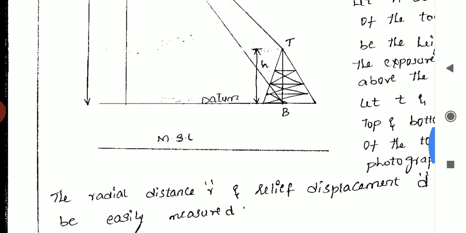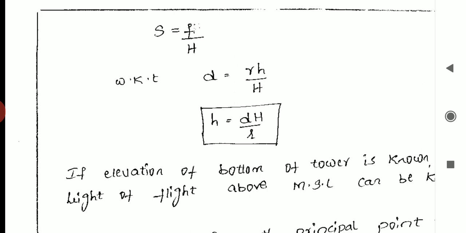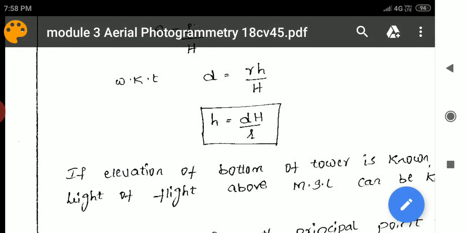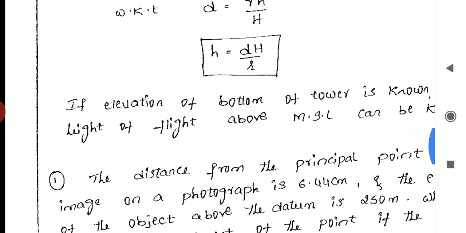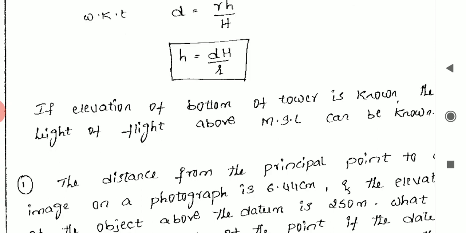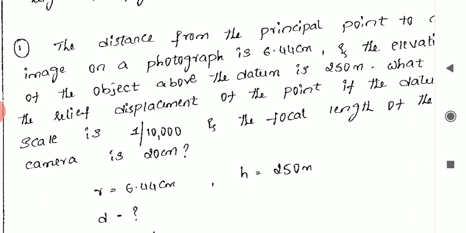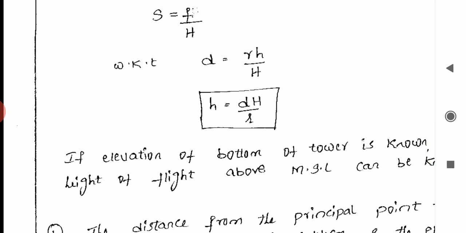The scale formula is S equal to f by H. So d equals r h divided by capital H. I want the small h value, so I will rearrange the terms, and the h formula is h equals d H divided by r. If the elevation of the bottom of the tower is known, the height of flight above the datum can be known, and that formula is h equals d H divided by r. From this equation